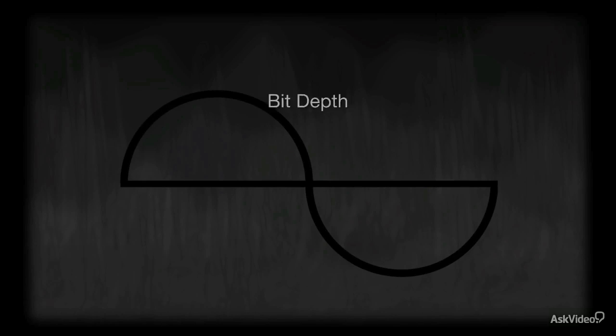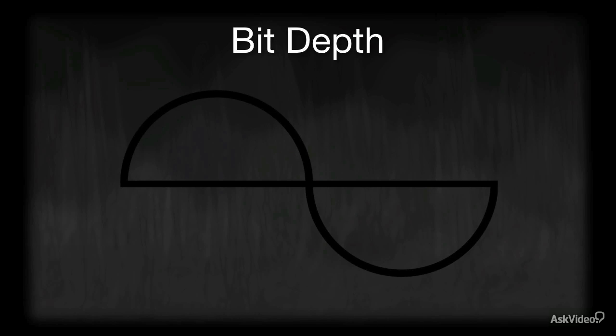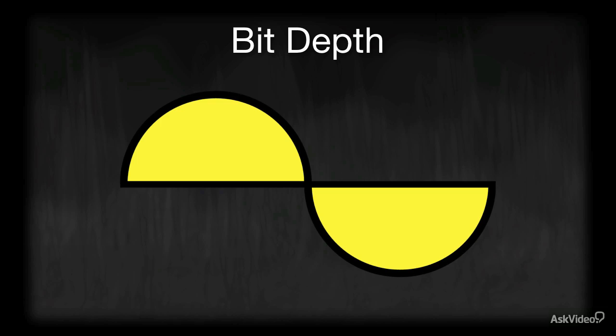So let's take a look at a visual representation of bit depth, and we're going to use this single cycle of a waveform, which is a sine waveform, to illustrate how bit depth relates to amplitude. So the single cycle is represented by a peak on the left and a valley on the right to complete one cycle. And I'm going to quickly fill in the blank there with yellow so that you can see this